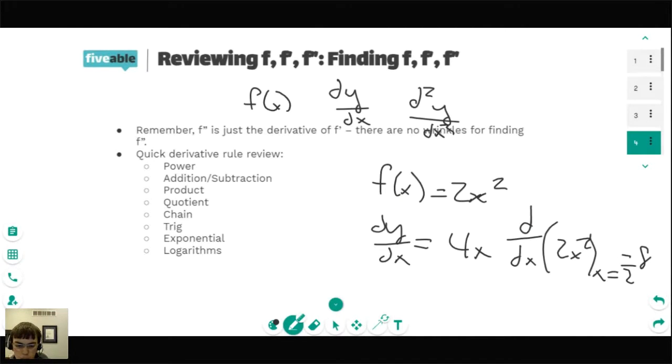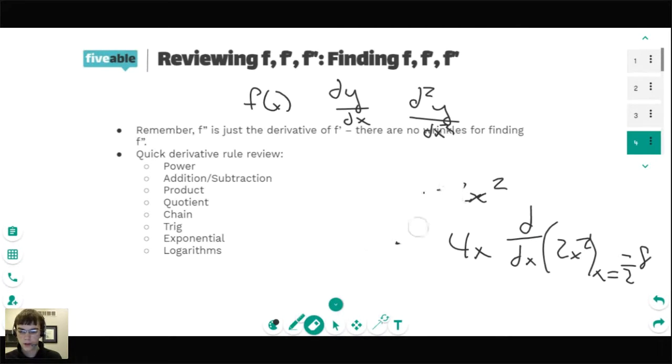So those notations really just refer to a rule versus a specific value. So think f of x versus f of 2 in a different context. So now let's start